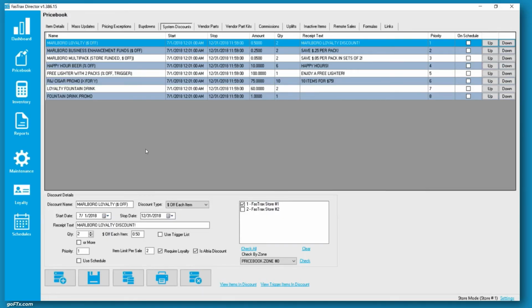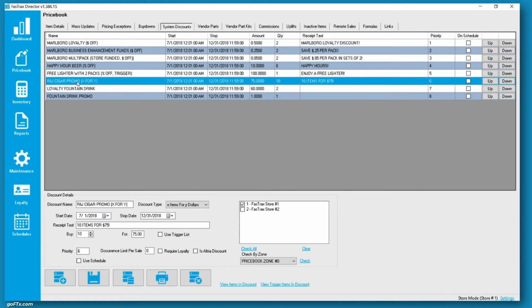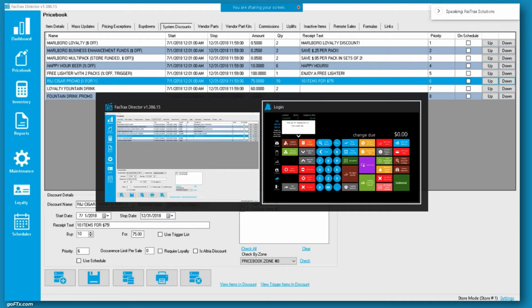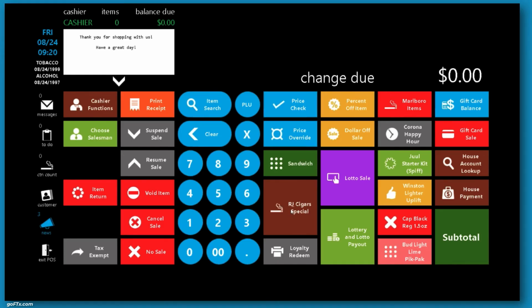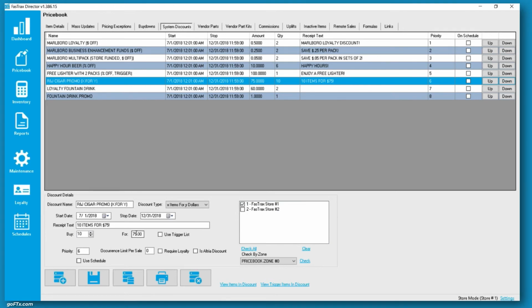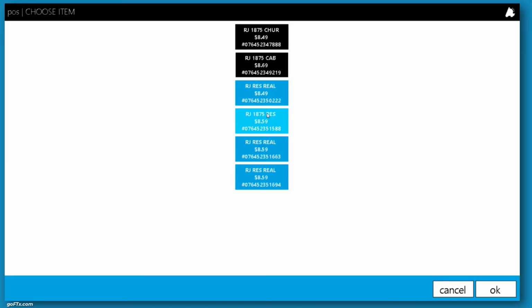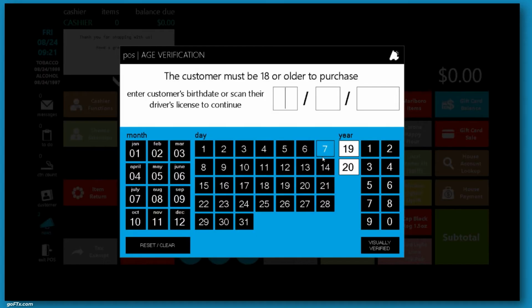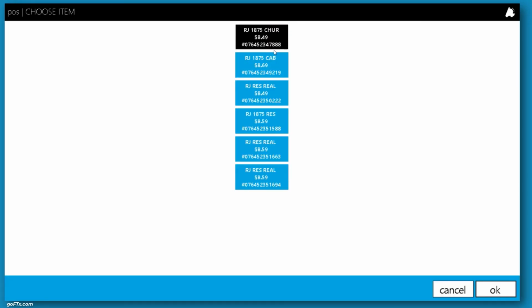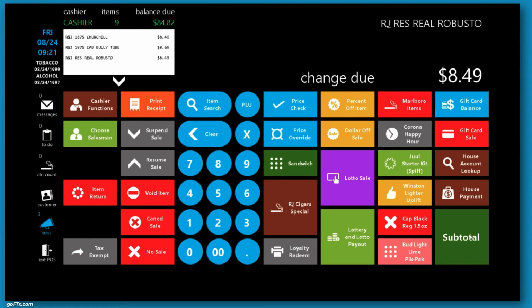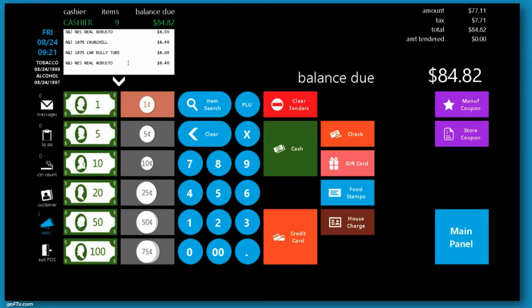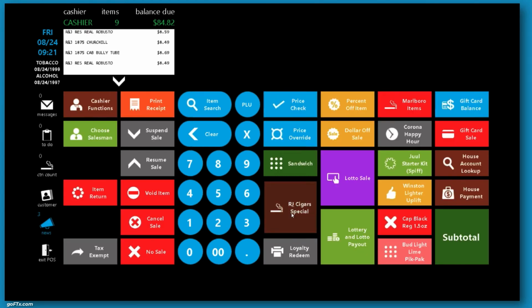We've already looked at the fountain drink. Let's look at this cigar promo, X items for Y dollars. I've got a button here. I've got it set for 10 items for $75. So if I buy 9 of them, I go to my subtotal, nothing happens. As soon as I add that 10th,